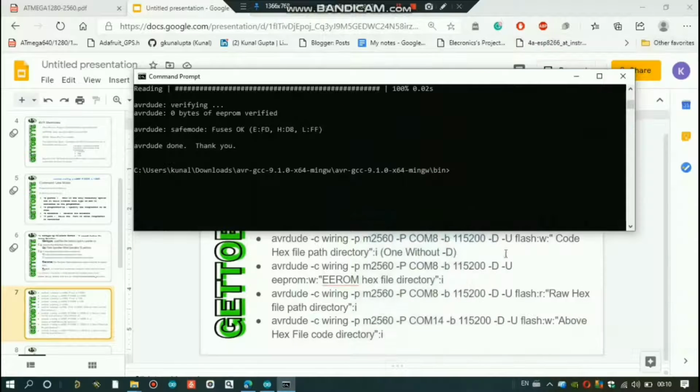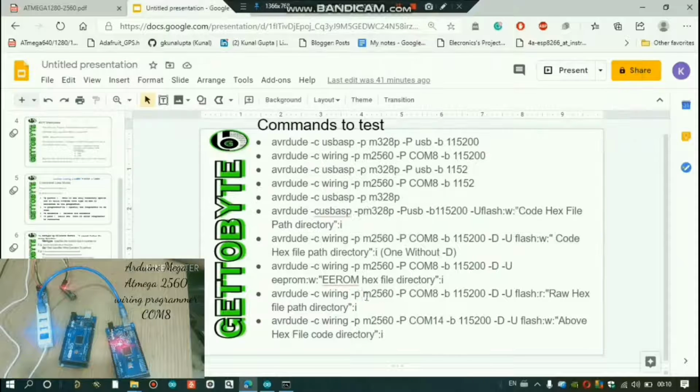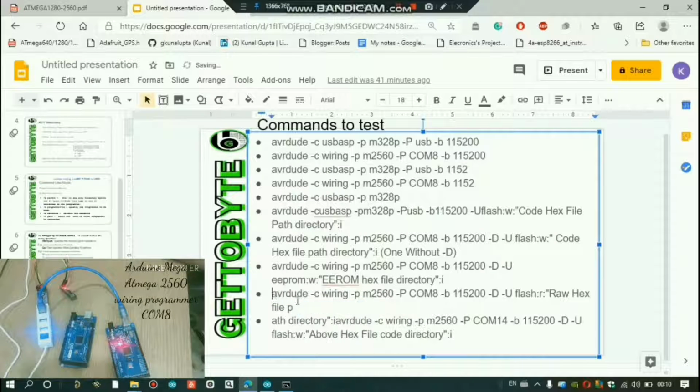Okay, so now the most interesting thing: we are going to read the code which we have written on this Arduino Mega into a file on a PC and upload that hex file directly to another Mega. That's the same procedure by which we can steal a program of our AVR microcontroller, store it in a PC in a hex file, and upload that hex file to another microcontroller. I will tell you how you can do that.